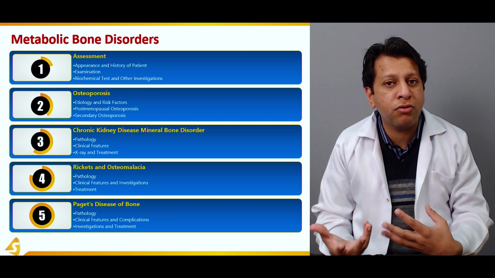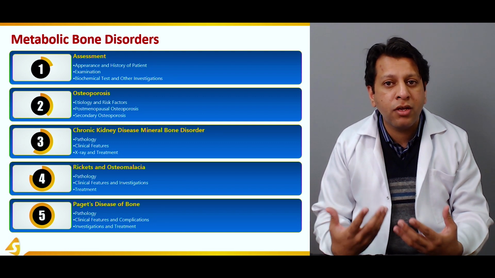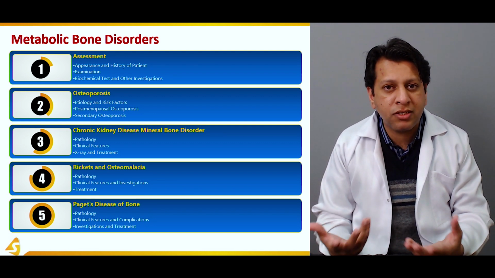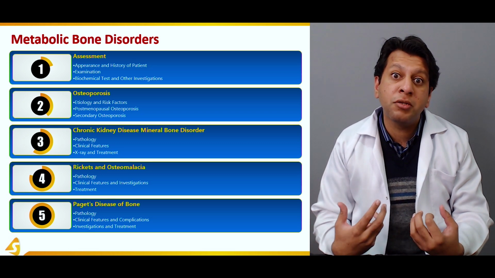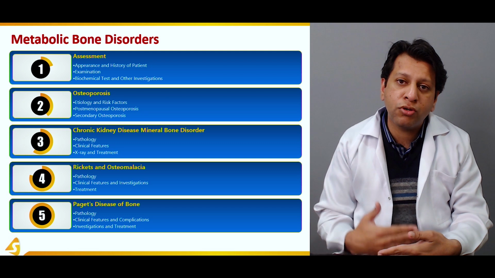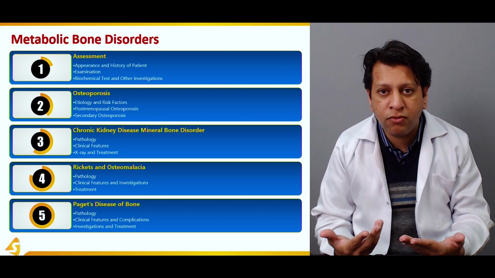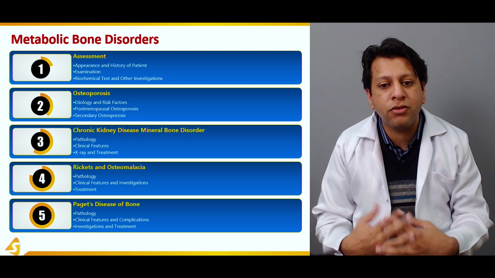A patient may come to you with a history of just a small fall resulting in a distal radius fracture. But the actual problem was something else. Actually, there was osteoporosis going on. The bones have become weak. As a result, even a trivial trip and fall has resulted in a fracture.